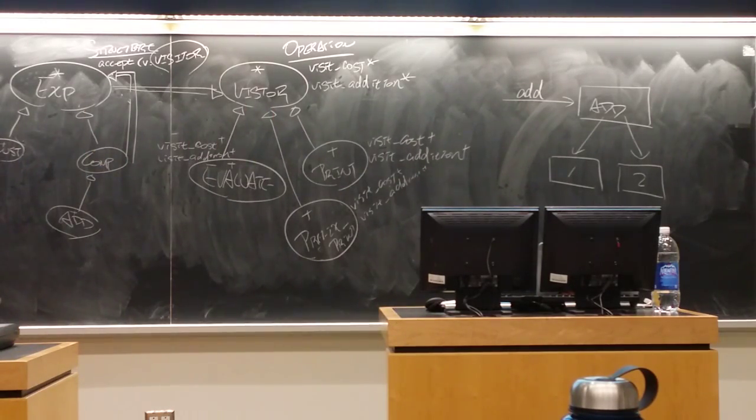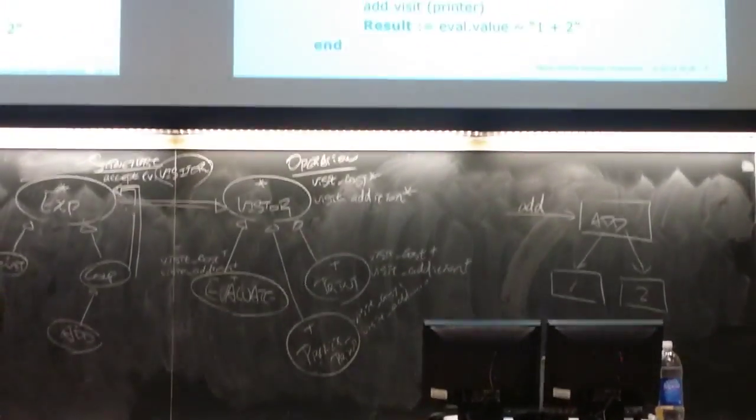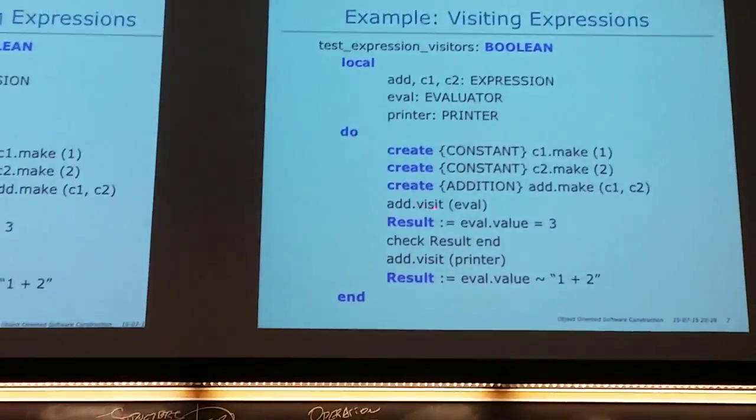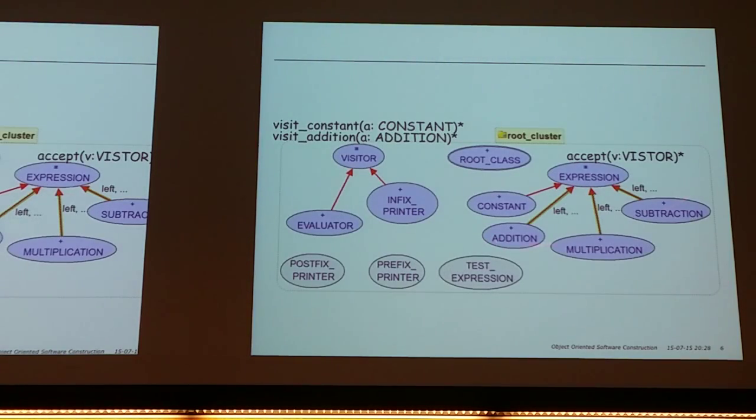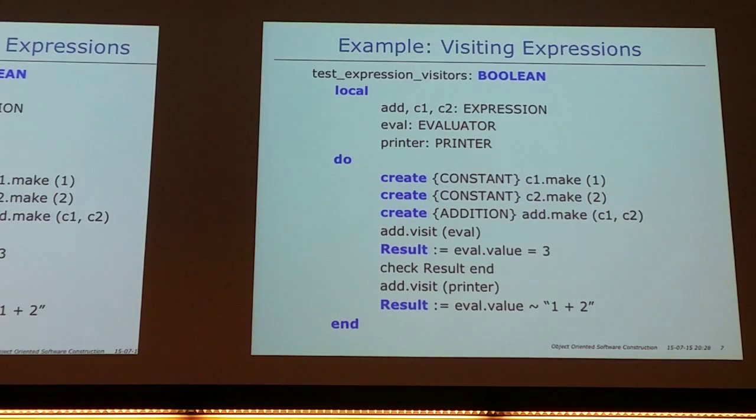Okay, you know what? I think it might be easier. Let me give you 1 minute. Think about how you think this will actually work. Maybe just write on this line here to say eval. When I say add visit eval, what's going to happen? According to this diagram, think about that. So what we know is, this accept, let me write this line here. So when you say add